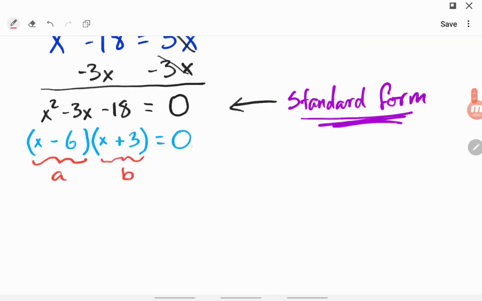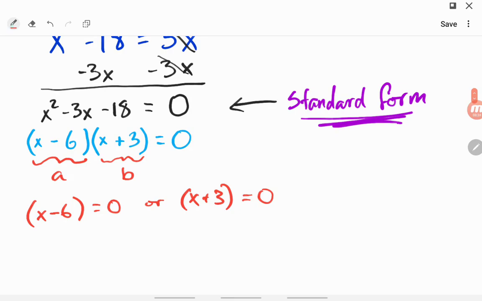If a times b is equal to 0, then either a is equal to 0, or x plus 3, b, is equal to 0, right? We've got these two different binomials, and we know that one of them has to be equal to 0. So by taking this and splitting it up like that,